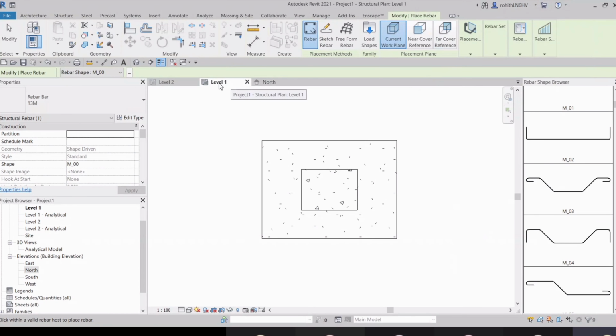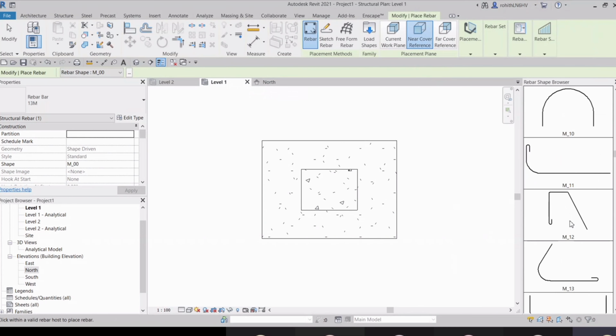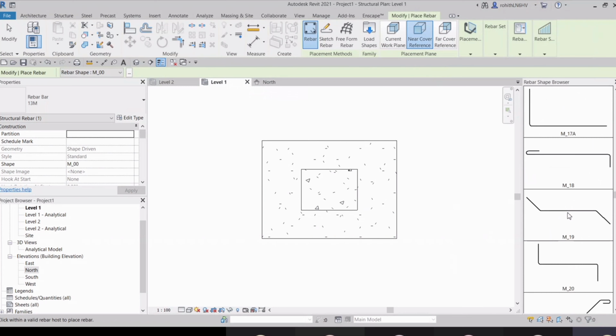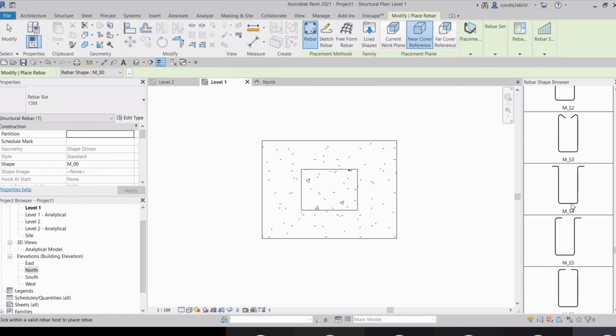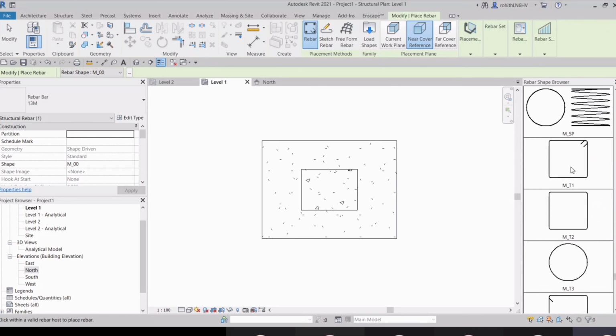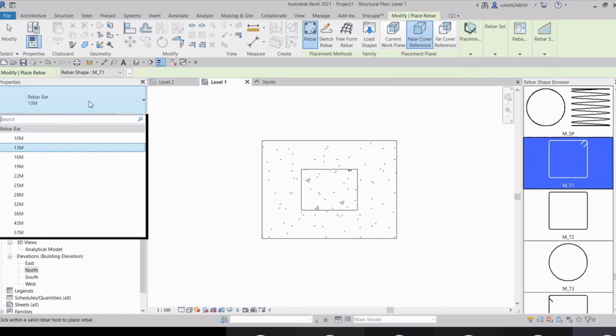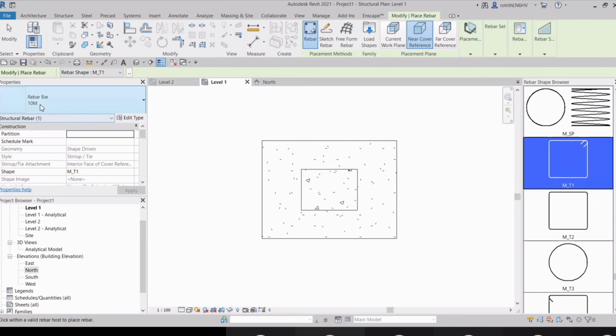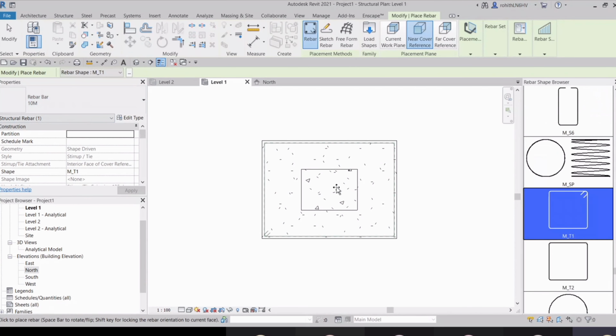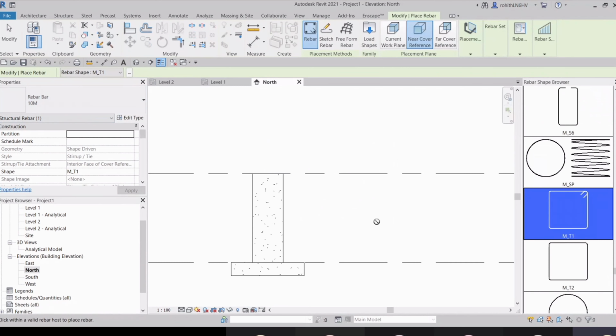I'm currently at level 1, so I'll go with this near cover. And what I need to place, I'll be placing stirrups. So I'll choose this rebar shape. And here we have this rebar dia, that is 10 mm. I'm going to select that. You can go to north, and there now